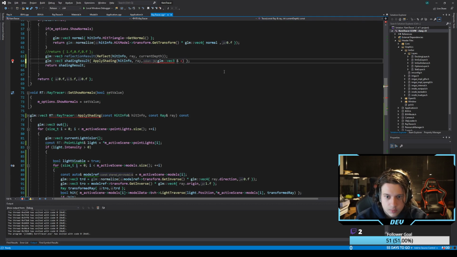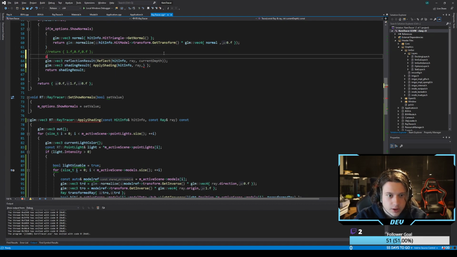Color. And this should be some value that we're going to calculate here, right? So GLM vec3 color is equal to GLM, hit info dot material dot get texture times, this can be hit info dot material dot get texture